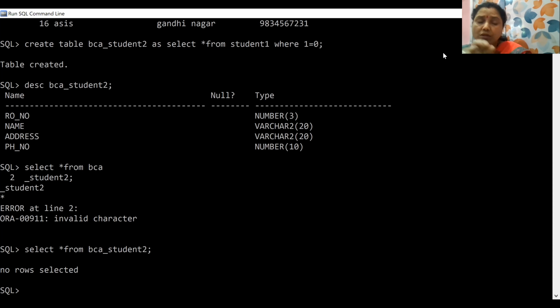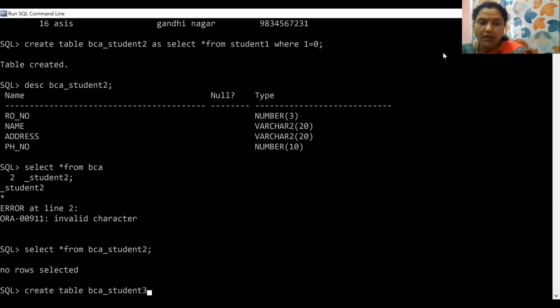Now come to some of the field names I want to copy from student 1 and create another table. There is also one option. Create table, then in the table name you have to write another table name, student 3 suppose.